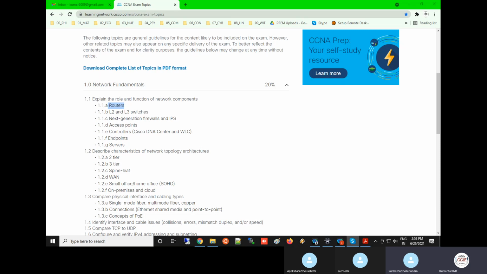One is, when a packet comes in the ingress interface, ingress means the in interface, right? First, it will see the destination network address and find the best route. Step number 1. Step number 2, what? We are going to discuss 5 steps. It will check which interface you can go from. That is also finding the best route.